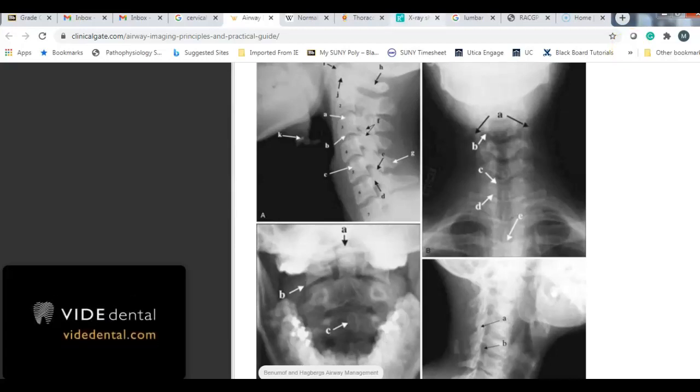ABCs, alignment. You want to make sure, if you know normal cervical alignment, that these vertebrae sit right on top of each other, and you actually have one continuous line that should be continuous. That's just my hand moving. I'm not trying to follow it. Alignment should be